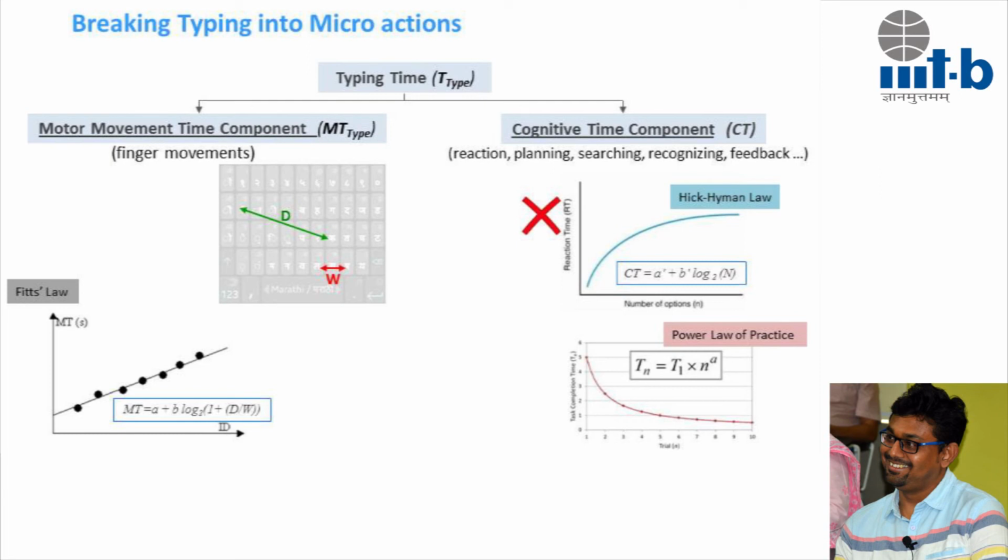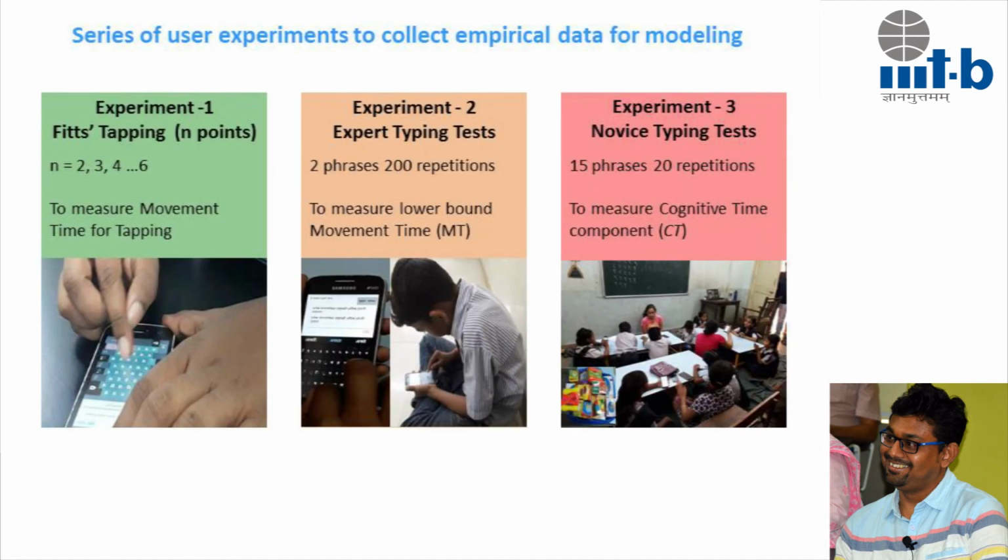When you have already typed a consonant, that is the time you would look for a vowel. Otherwise, vowels are of no use. There are a few keyboards which take benefit of it. As soon as you type a consonant, the keyboard will pop up only vowels, only vowel modifiers. Consonants are gone at that point of time. So how to model those kinds of phenomena was a difficult question. One way to do that was a lot of empirical study. Why don't we bucket everything together, separate out these two parameters, motor movement, and do a lot of empirical study and see what kind of phenomena we see.